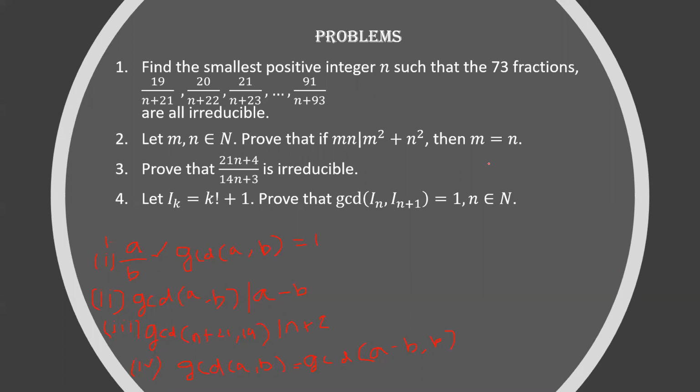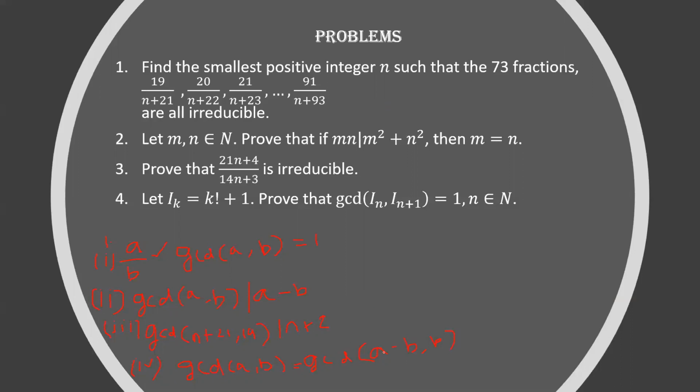Since the GCD of A1 and B1 is 1, that is why the GCD of A and B is M. So there's nothing common between A1 and B1. So when we do A1 minus B1, we can remove nothing common. Yes, that is absolutely correct. So what she said was, you have GCD of A comma B is equal to this.